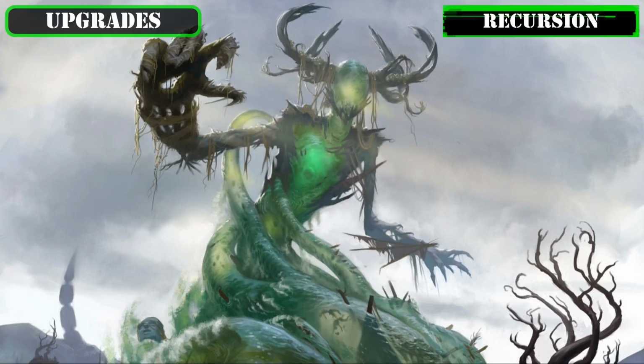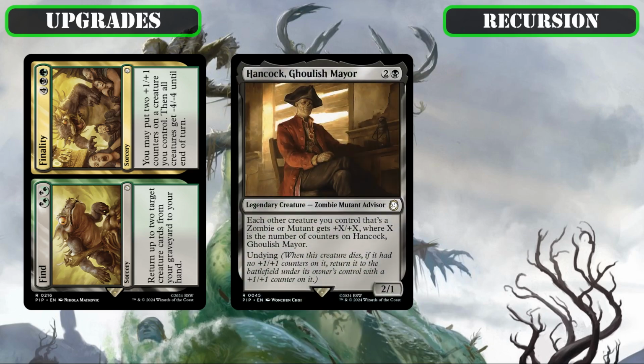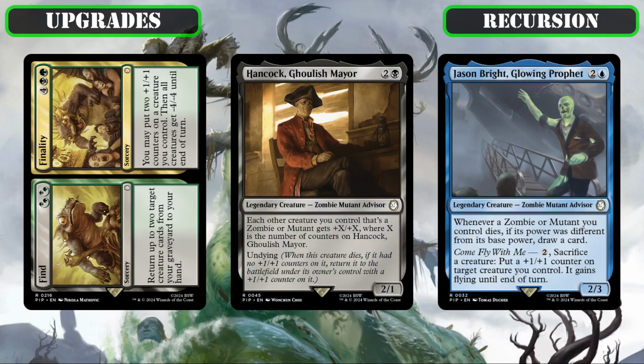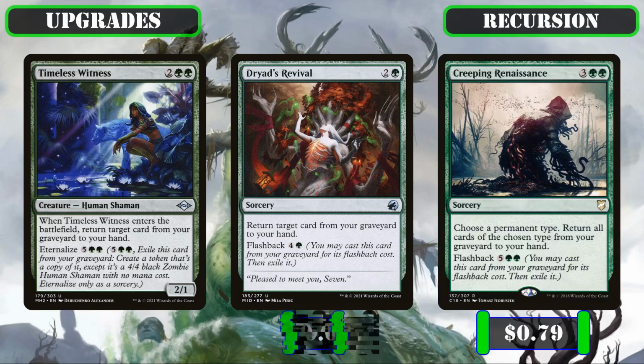And then, in order to take advantage of all the mill we'll be forced to do thanks to our commander and our less discriminating mill sources, we'll be adding in a suite of graveyard recursion sources to the build to let us take advantage of the cards we'll be sending to our bin, in which we'll be replacing the bit too underpowered board wipe Find and Finality, the decent but too specific Lord Hancock Ghoulish Mayor, and the too sack-focused Jason Bright Glowing Prophet, with the graveyard card recurring Timeless Witness, Dryad's Revival, and Creeping Renaissance, units, all of which